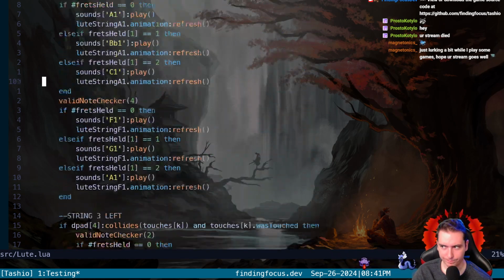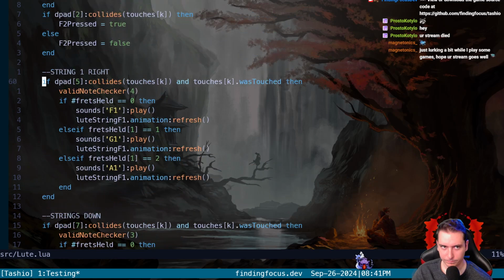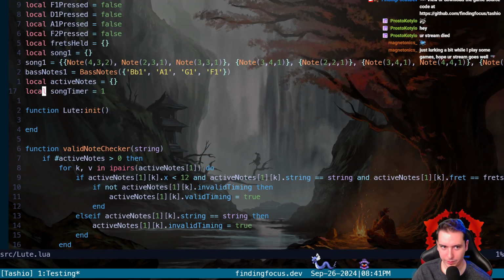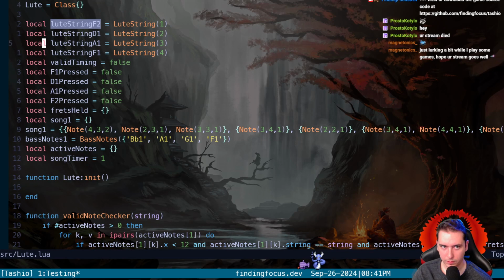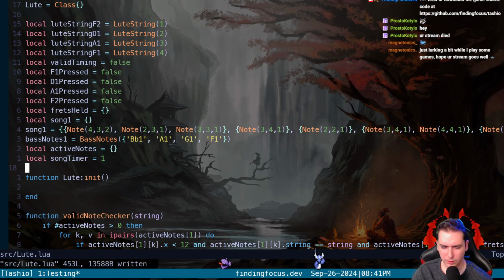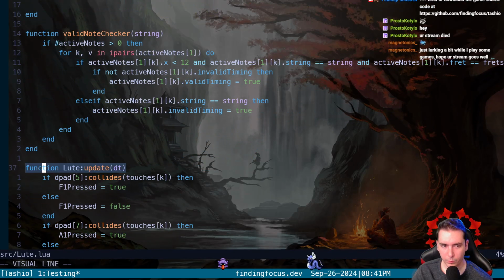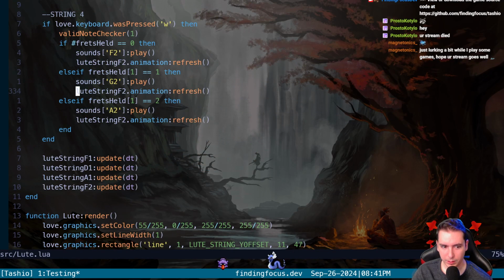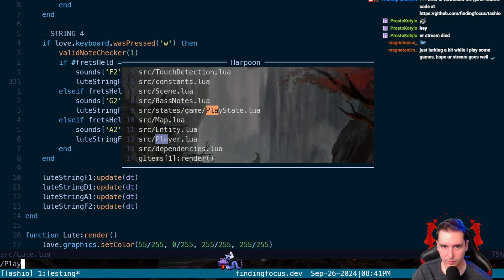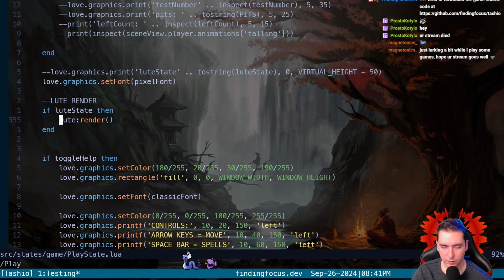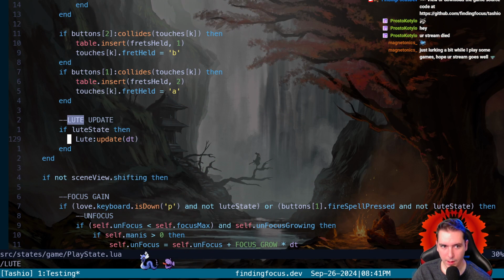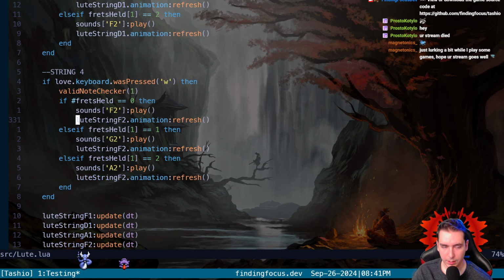So what's wrong? Are we updating Lute with delta time in our play state? Yeah. We say Lute update delta time. Okay.